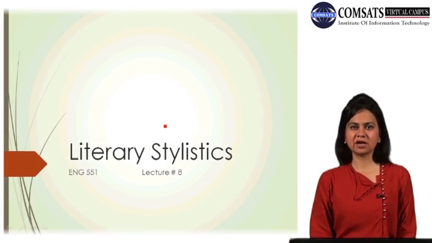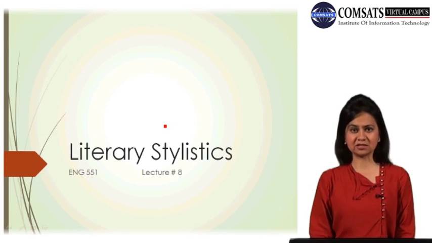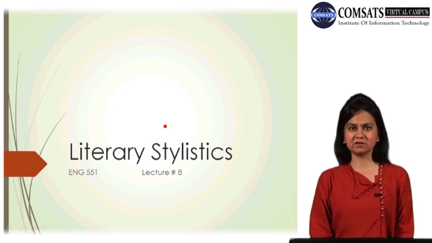In today's lecture, we will look at literary stylistics, that is, what literary stylistics takes into account when it analyzes literary texts. Because we looked at formal stylistics, or the linguist's approach, from the point of view of a stylistician who looks at stylistics with special reference to language, in terms of its grammar, structure, composition, phonetic, phonemic level, and its graphological as well as rhythmic level. Now we will look at stylistics from the point of view of a literary critic or a literary stylistician, which is often referred to as literary stylistics.